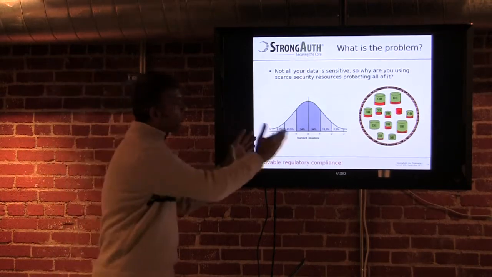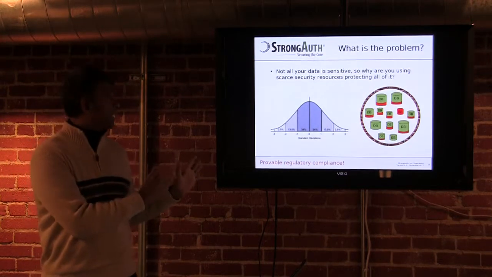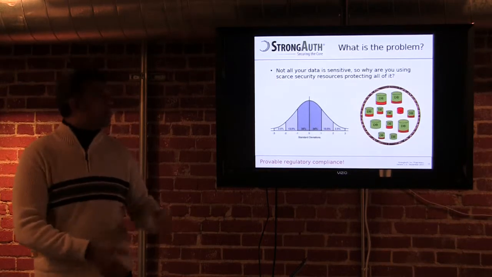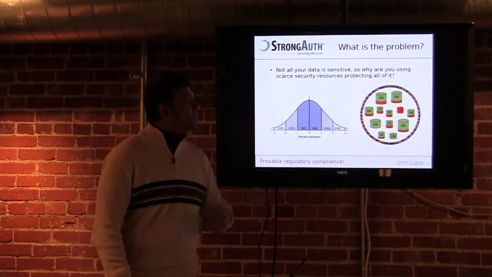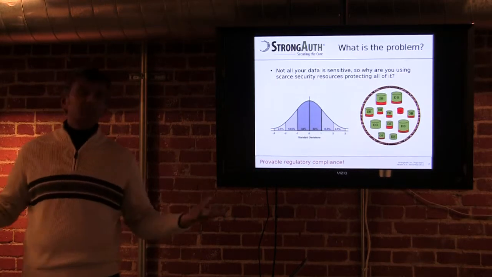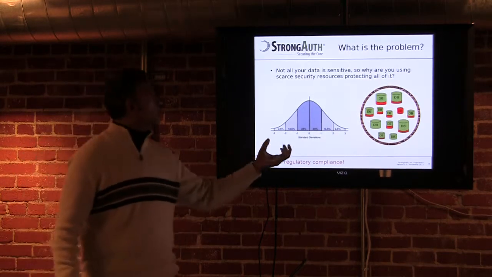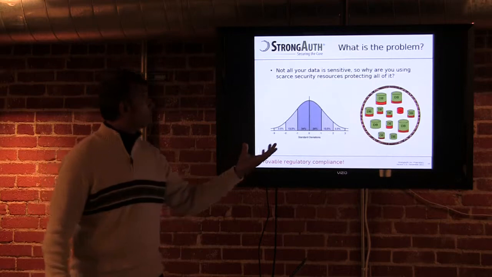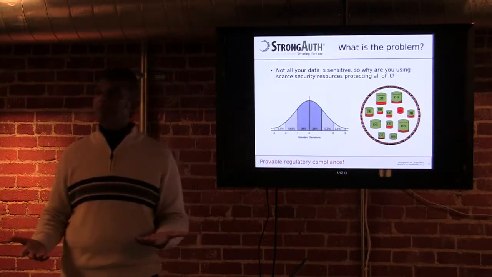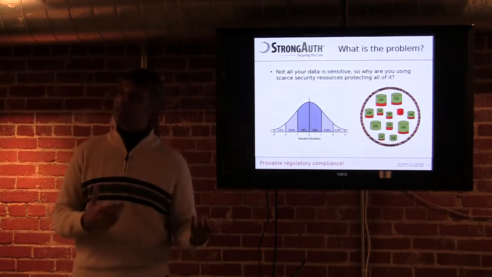If you use the standard distribution, the standard curve deviation, roughly 68% of your data is going to be completely public data that would have no effect on anyone. You go another standard deviation, you're already at 90%, and you may or may not have sensitive data even 2